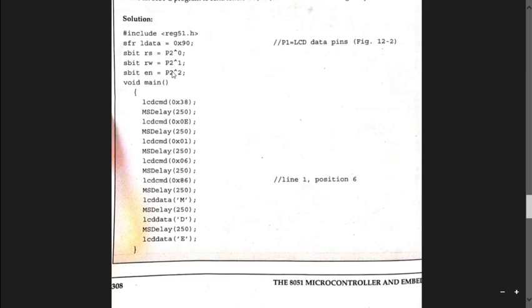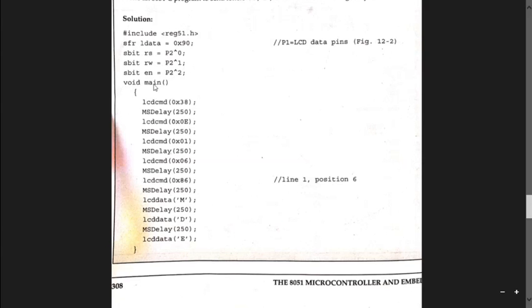In the previous program we saw RS equal to 0 is for what work, and RS equal to 1 is for what work? RS is equal to 0 for command, RS is equal to 1 for data, right? So here I'm just initializing sbit RS to port 2.0. RW is read or write, which we saw in the previous program, initialized to port 2.1. Then the enable latch is assigned to port 2.2.